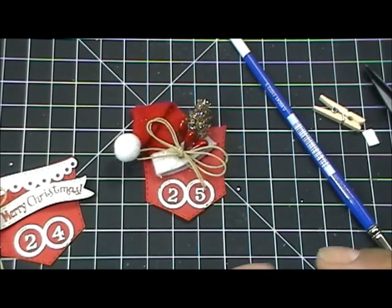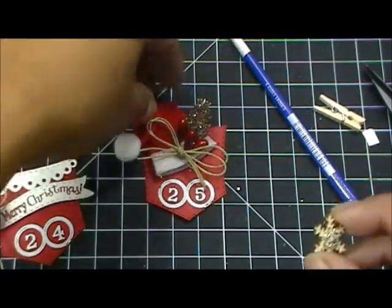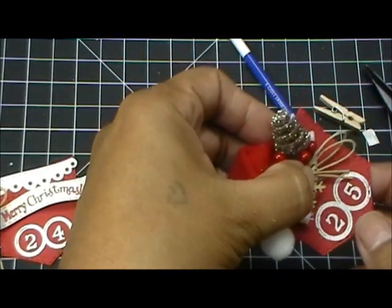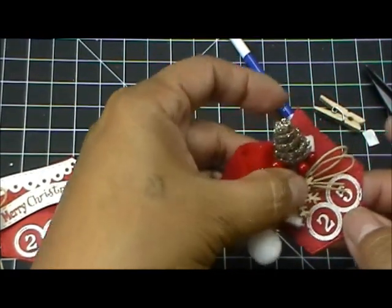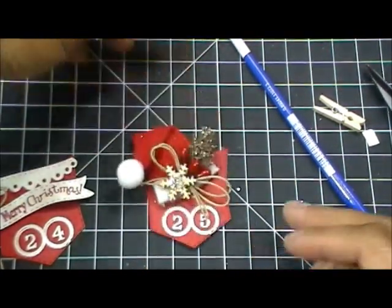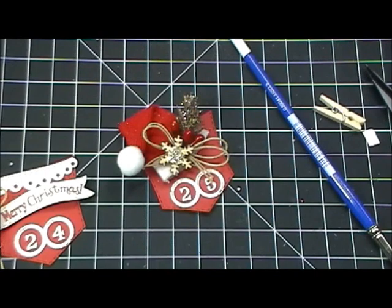All right. Like I said, it might be a bit much, but it's not going to bother me. There we go. Nice and extra sparkly. Isn't that pretty? Okay, so now